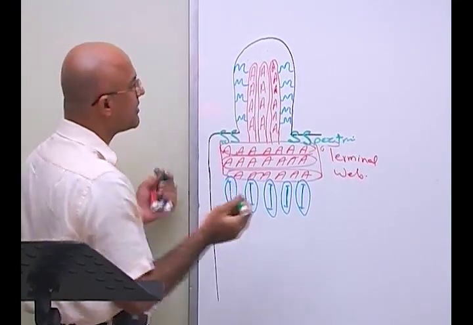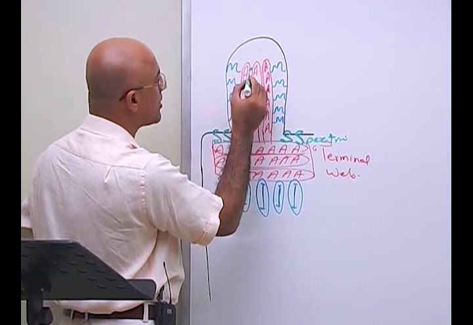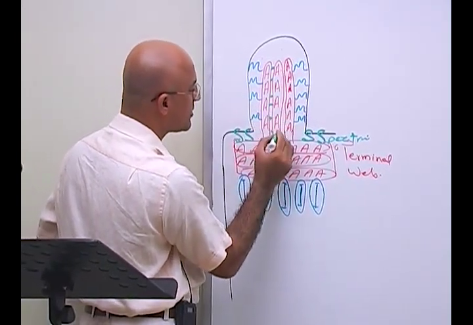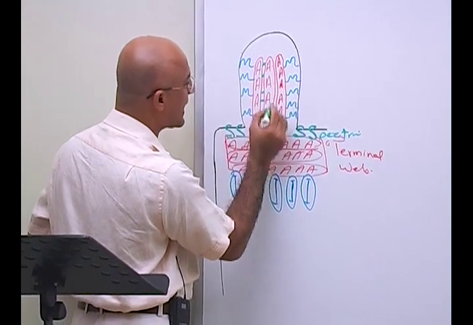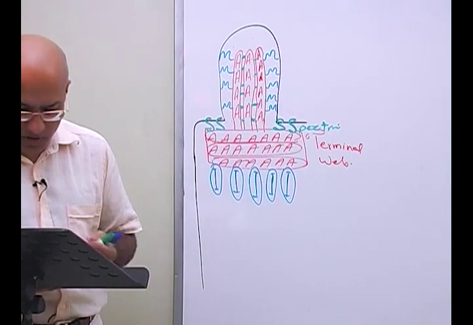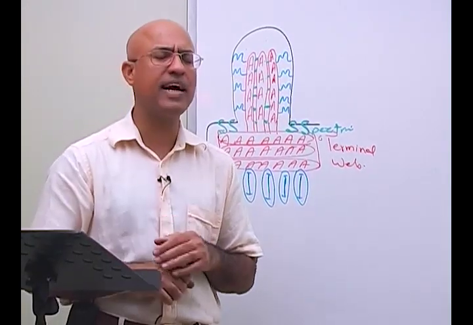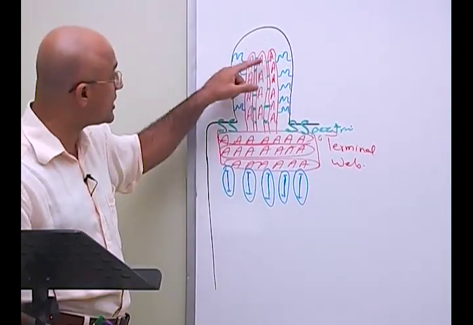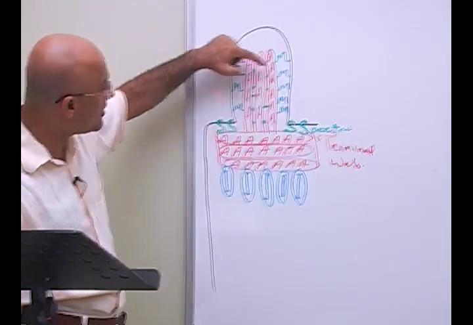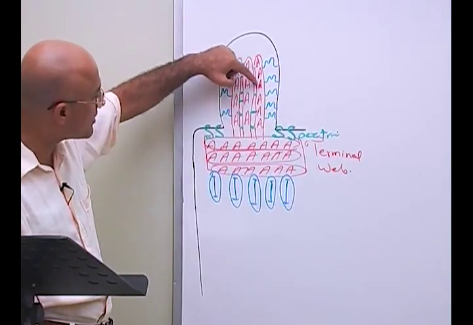And then there are special proteins which hold the actin filaments with each other. These are called actin binding filaments. These green ones, look, these are actin filaments which are held together with actin binding green filaments,